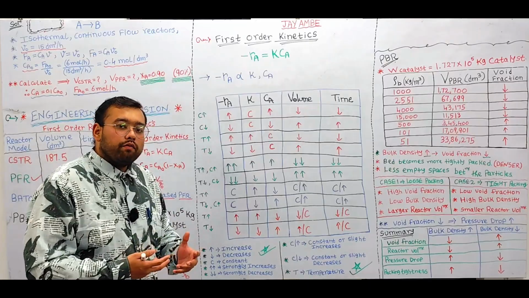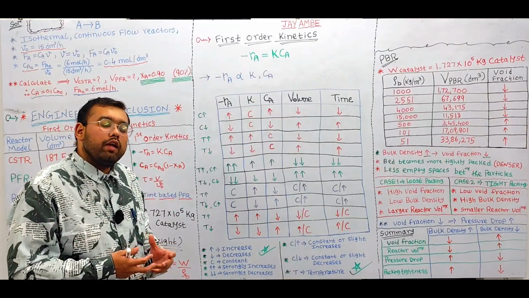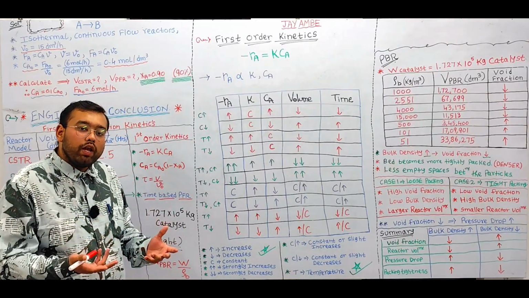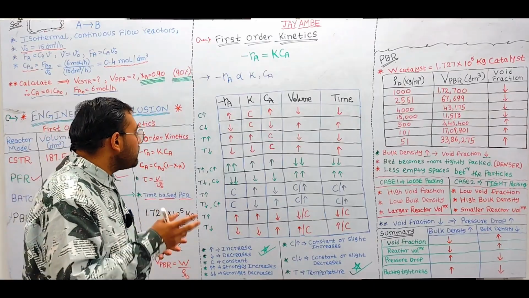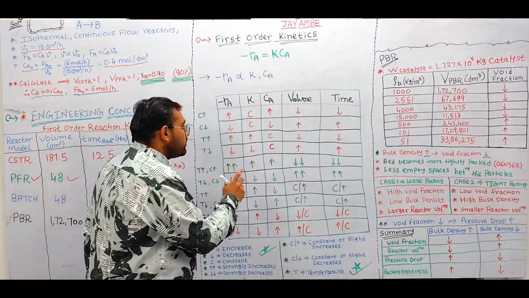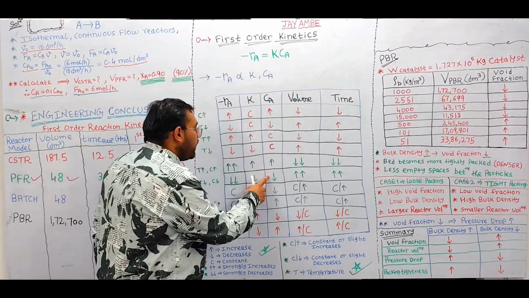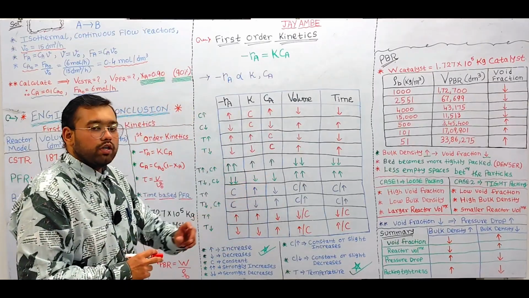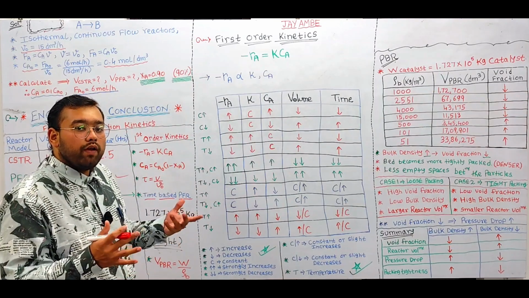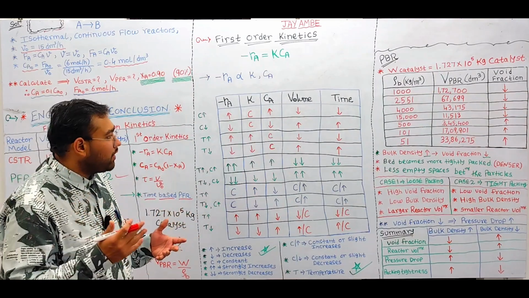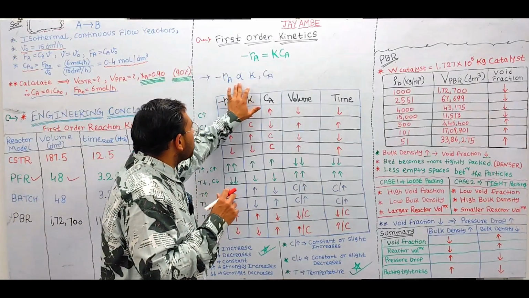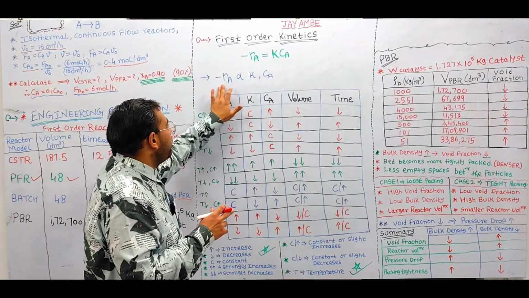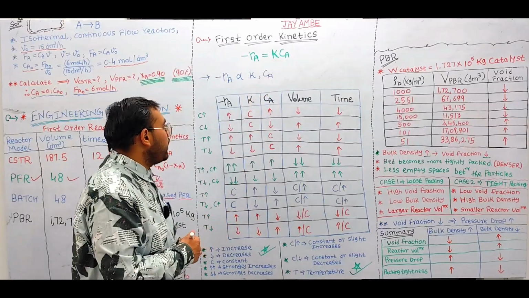Okay, now what if simultaneously the reaction rate constant value decreases? Which means, what if there is a simultaneous decrease in both the concentration of the reactants and the rate constant value? Then how will it affect the reaction rate, the volume of the reactor, and the reaction time? Let's understand that. Due to the direct proportionality of the reaction rate with the rate constant value and the concentration of the reactants,